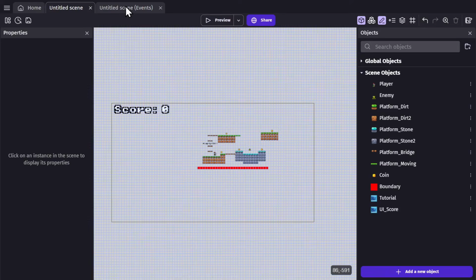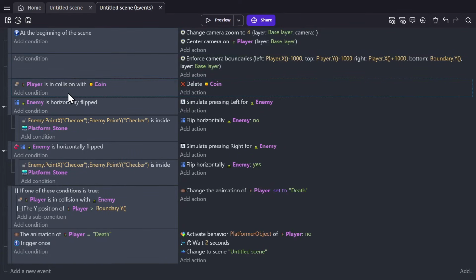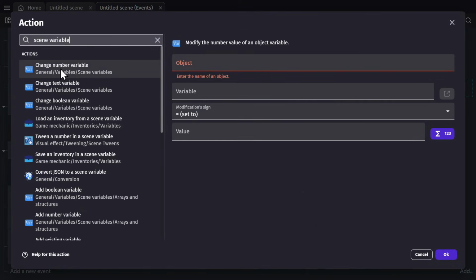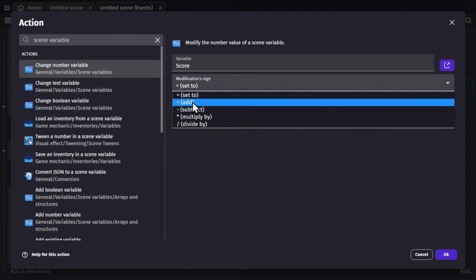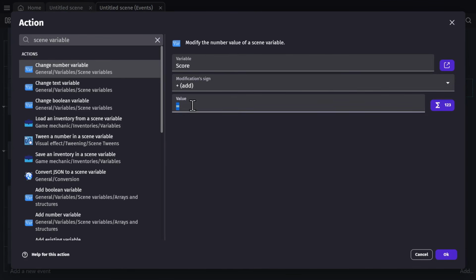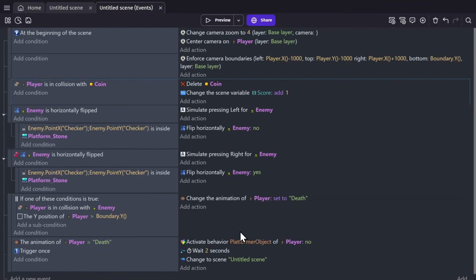So now, in the event sheet, where the player runs into and picks up coins, we're going to add an action to make that score variable go up by 1 each time we do. So we're going to go change number variable for scene variable, pick that score variable that we just added, and change the modifier to add, and then 1 as the value. And press OK. Now, when the player collides with the coin, we delete that coin and add 1 to the